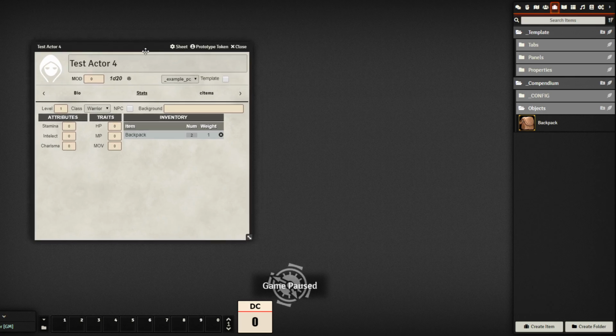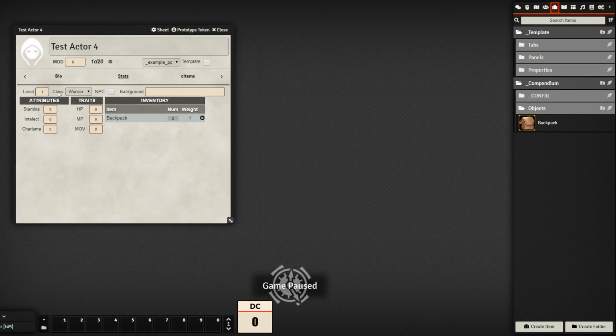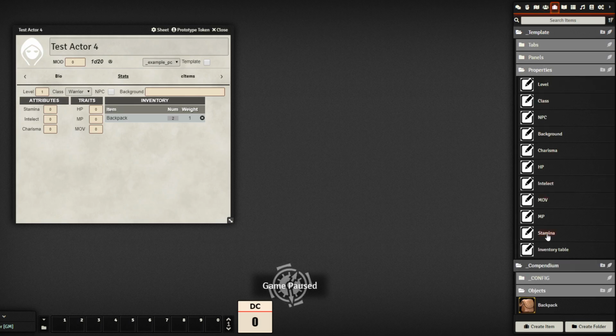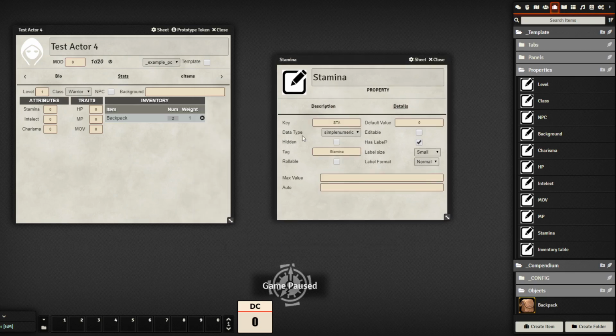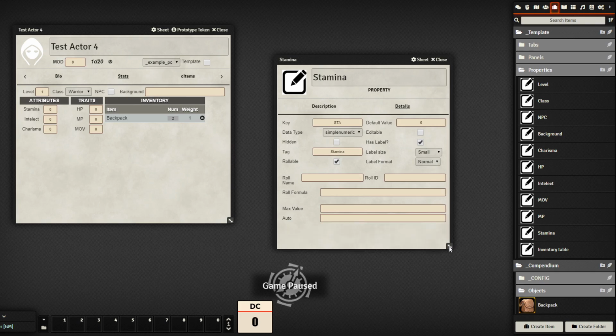Now, for a quick finish of this little quick look at Sandbox, let's try with rolls. So let's assume that we want to roll stamina. We want stamina to be a property that is rollable. So let's go back to the properties, choose stamina, and we click on rollable. Role name, stamina. The role ID, stamina. This is a unique identifier of this role, and the formula is going to be 1d6 plus my stamina value,